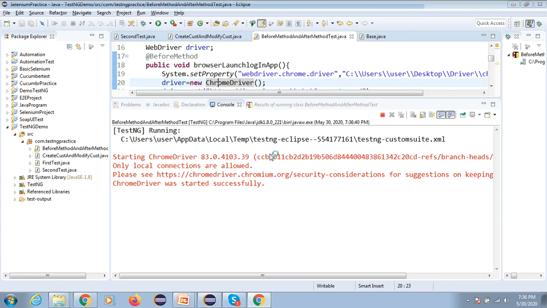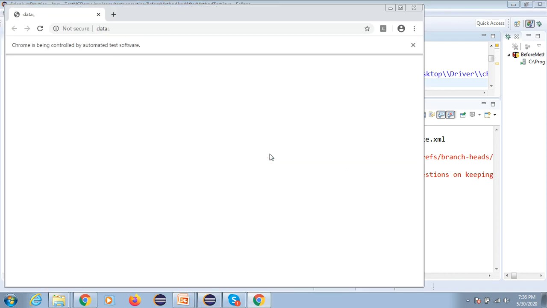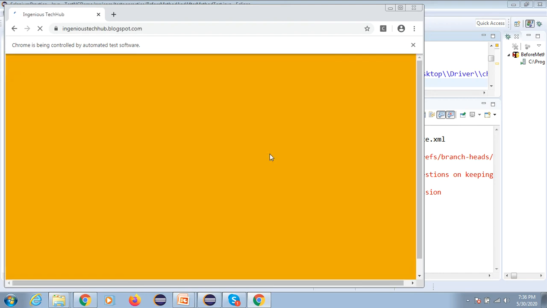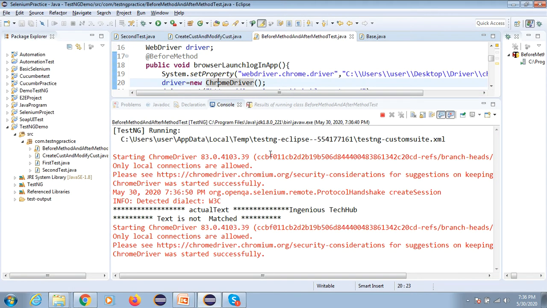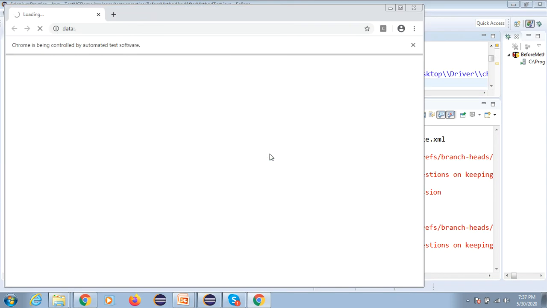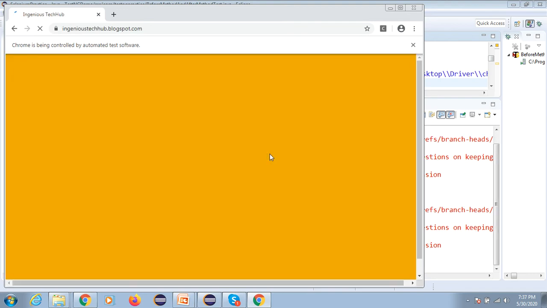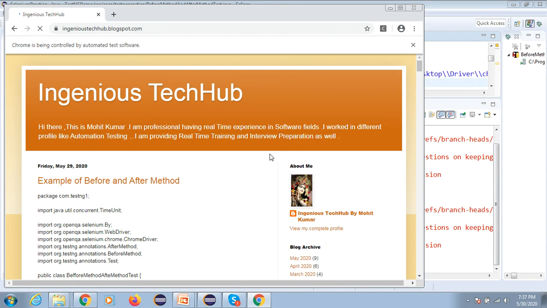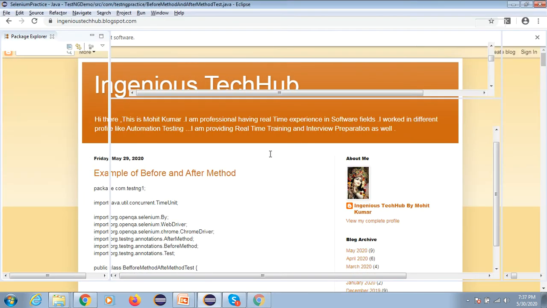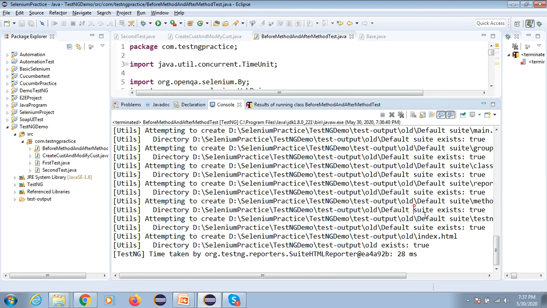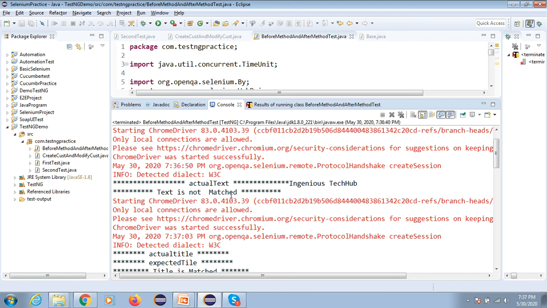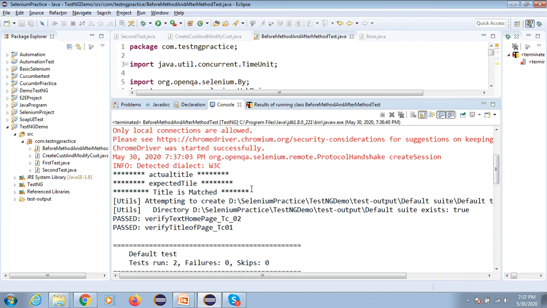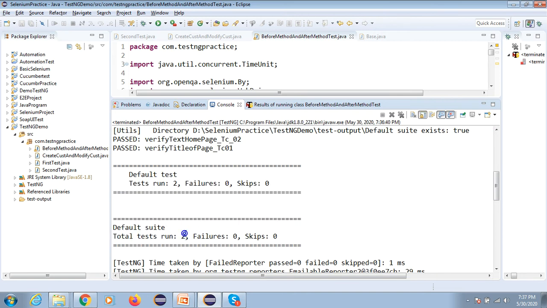We will see the execution. Okay, so the before method will execute as many times as you have test cases. Actually it is not matching. So one test case is done, then another test case, right? So we are validating the title and the home page text. Okay, so let me check this. Actually this test case will fail, right? It is not matching. Oh, I did not print this actual text. So there are two test cases, you can see. We have two test cases, right?